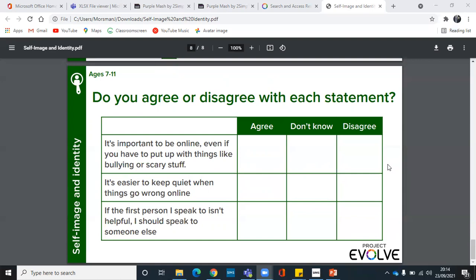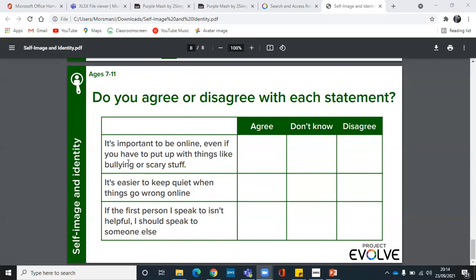Okay, so it'd be interesting to see what you guys think. I think the top one is very important. I think the internet is something that's such a fantastic tool for us. And I think it's important that we all get a chance to be online and use it for the positive things that it offers, and not be afraid to use it because of the negative things that can happen, because we can teach ourselves and help each other to protect one another online, and use the positive things about it. And it's up to all of us to help each other and stop things like bullying and the scary stuff